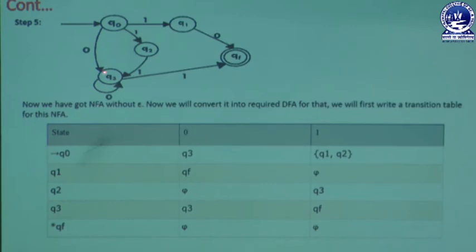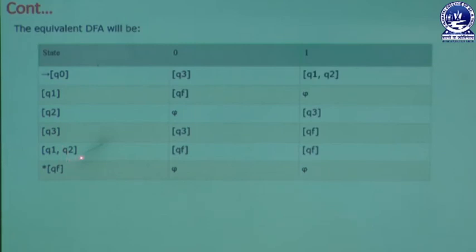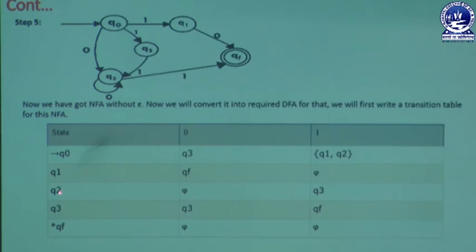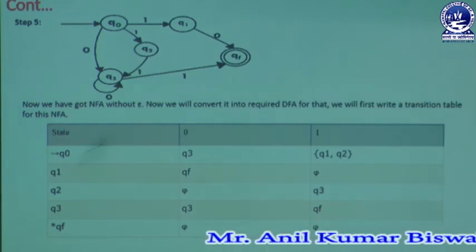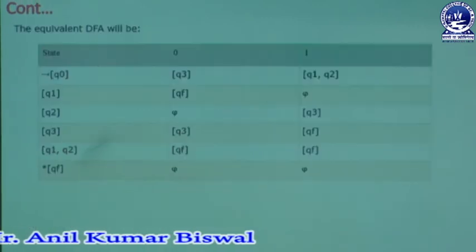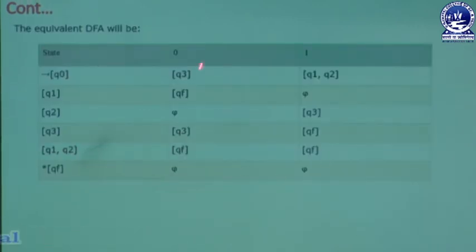Whenever Q1 takes an input symbol like 0, then it refers to Qf. Similarly, Q2 taking 0 gives phi. So whenever Q0 takes input symbol 0, then only Qf can be considered. Similarly, whenever Q1 or Q2 state takes 1, then we also get Qf, which is the final state. So here you can see that whenever Q3 takes 1, it creates Qf. Due to that reason, this diagram is going to show this table, Q1, Q2 state taking 0 gives Qf,